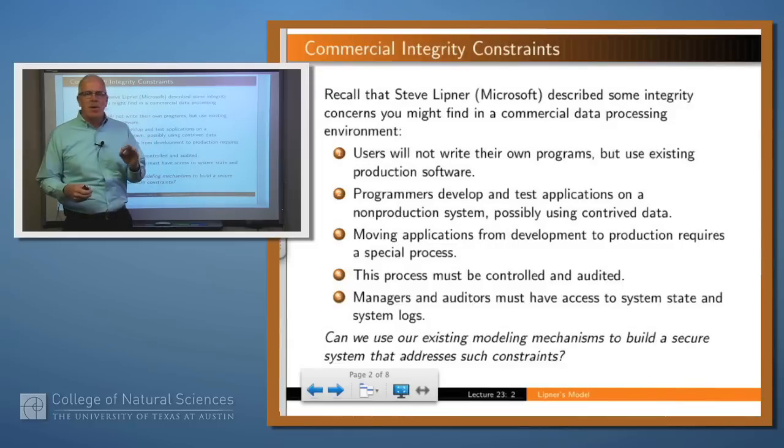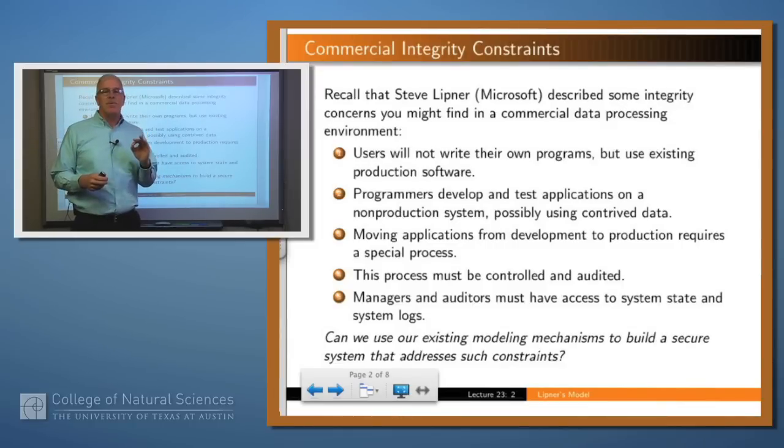You remember in an earlier lecture we talked about some issues that Lipner said may be important in a commercial environment. For example, imagine you're in a bank and you've got tellers on the floor using software to balance their drawers, and you've got the development side of the house where the programs get written.